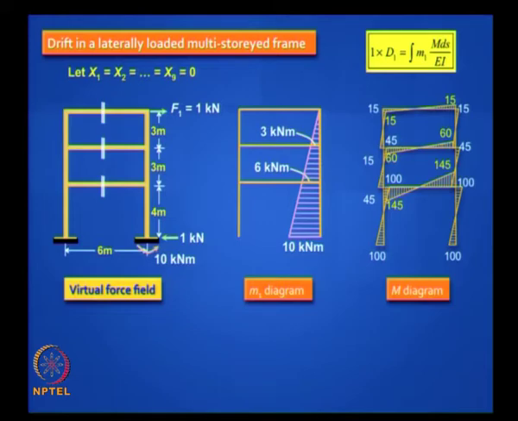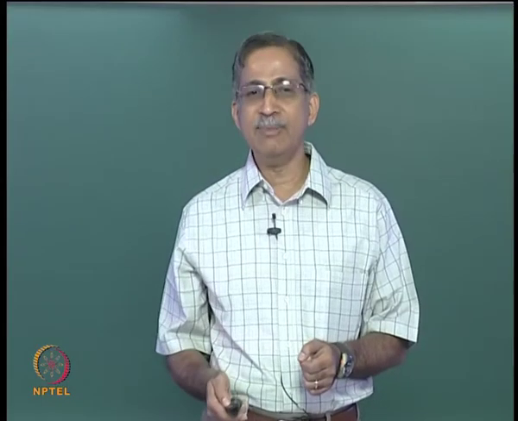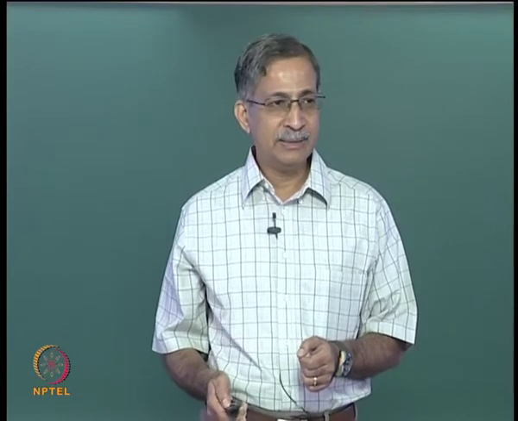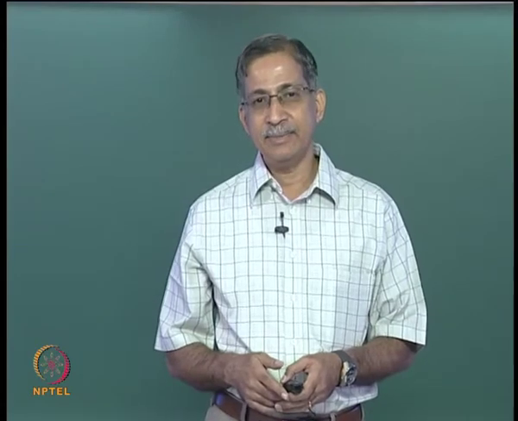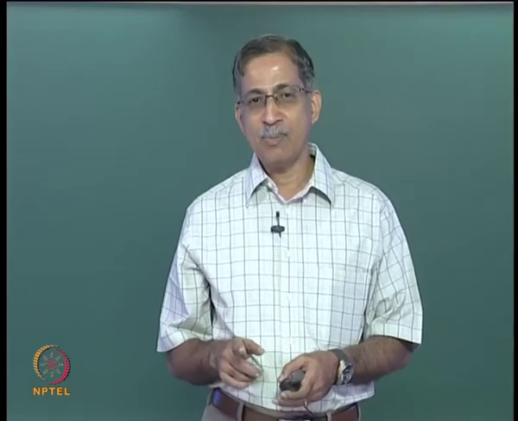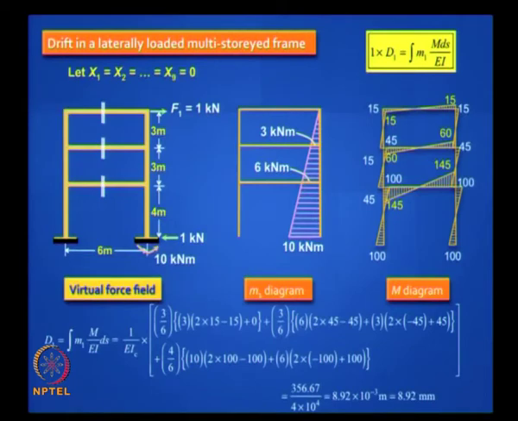How do you proceed? Now you just multiply. I think you know how to do this, okay. So you take the leeward column, you are multiplying one triangle with, you could treat that as a trapezium. So remember the formula L by 6 and so on. I hope you know how to do this calculation. I leave it to you to work out the details. Is it clear? So it is a quick, elegant, fast way of not only designing a frame but also estimating how much it will deflect.